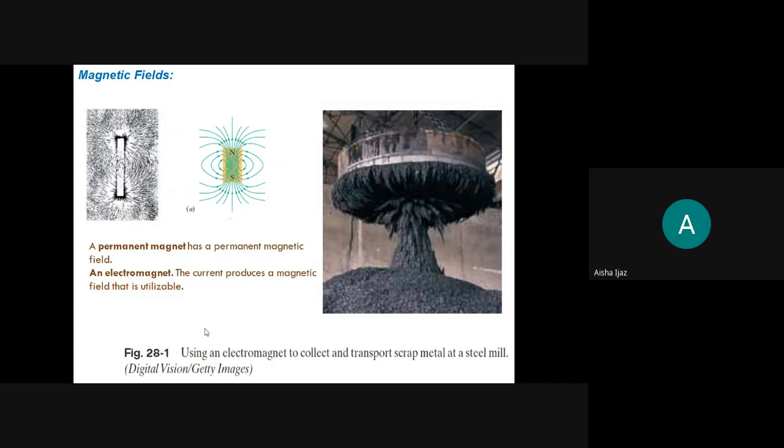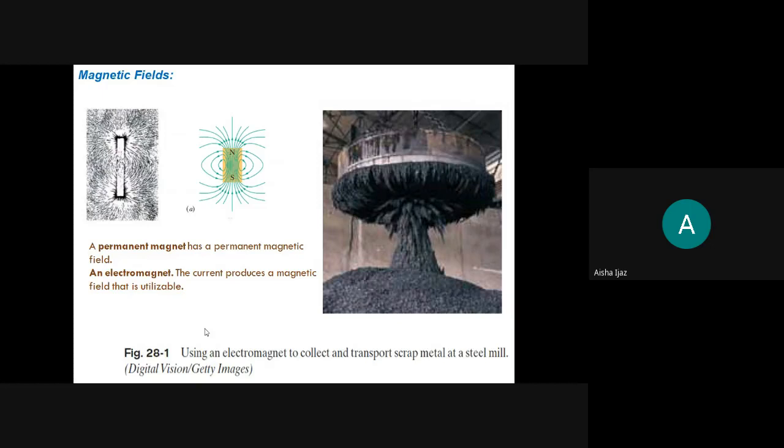For that, the scientists did experiments and used the known things. We know the electric charge, and we know what happens if we accelerate it, and we have permanent magnets in nature. There are certain materials which have magnetic power. So a permanent magnet has a permanent magnetic field, and there are certain electromagnets which can become a magnet just by passing current. You can see here in the junkyards, they are used in scrap yards, and they are also used to scrap metal at the steel mill for transportation purposes.